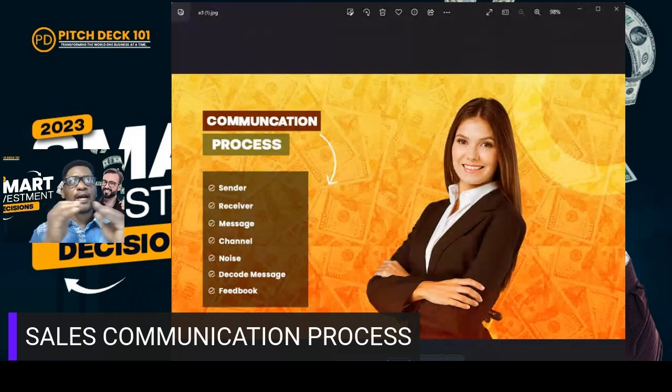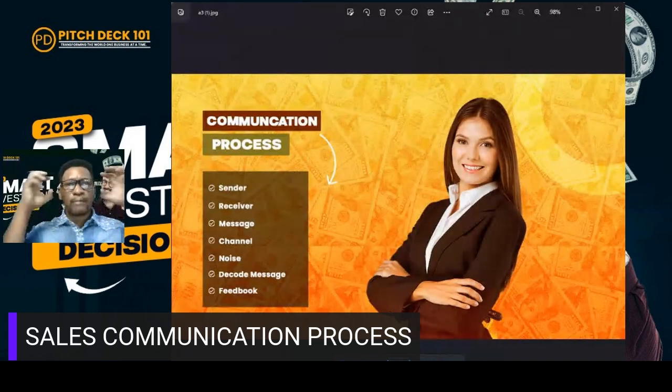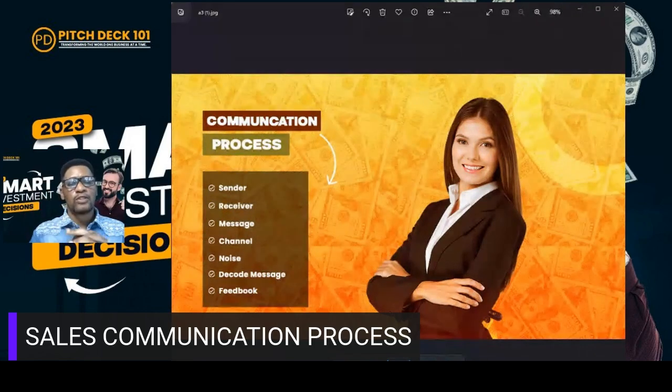It's not accidental design. So if you're doing sales and you do not have this sales communication process, it may mean that you're doing sales with a blindfold over your eyes. You want to remove that veil, which enables you to have a clear mental picture of what you're doing, why you're doing it, what you want to achieve, and how to achieve it.